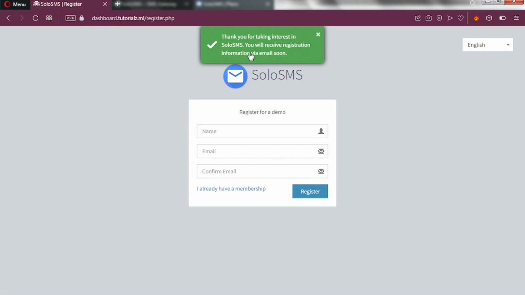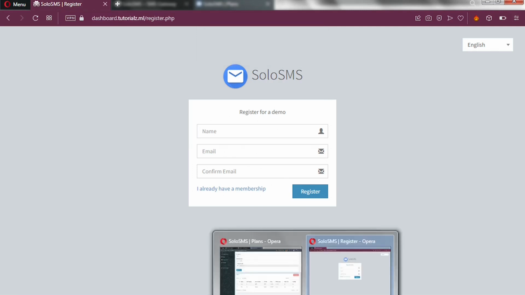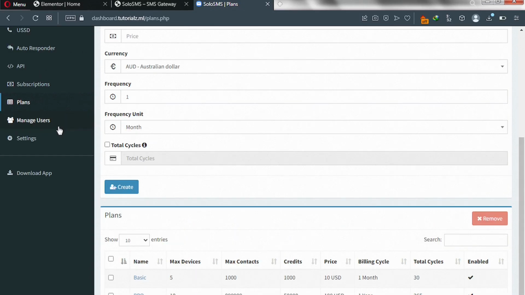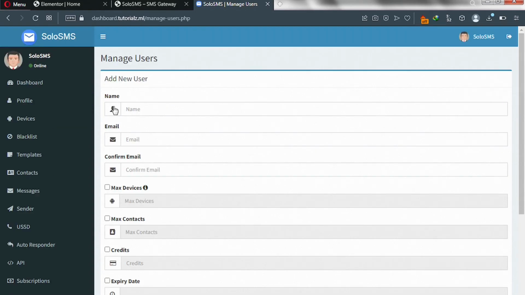So let's go to our dashboard as the website owner to see how we can manage our users after they sign up an account on your platform. So I'll take you to your dashboard, which is on a different tab, and then we click on manage users, and this is where you see all the users on your platform. You can manually add a user onto your platform by entering their name, email, and then you enter the same email to confirm, and then assign the number of devices they can link to your platform. You can assign